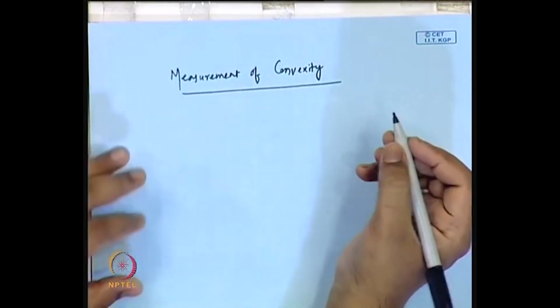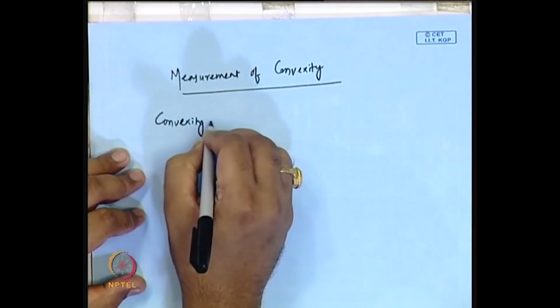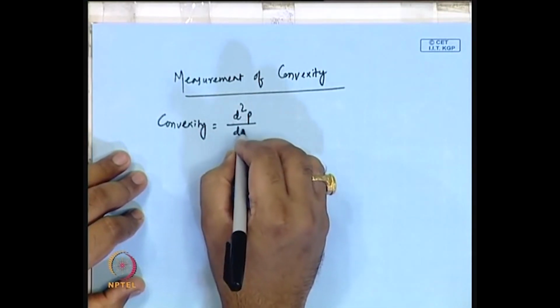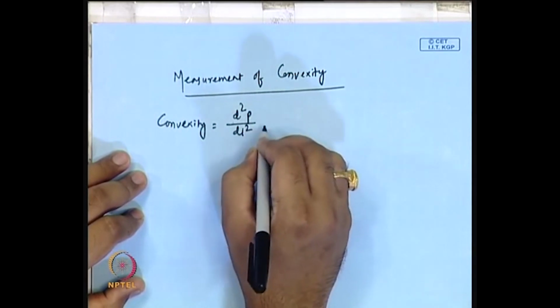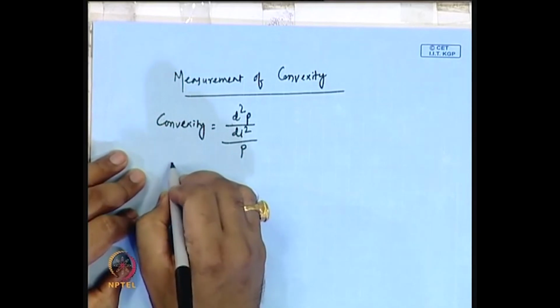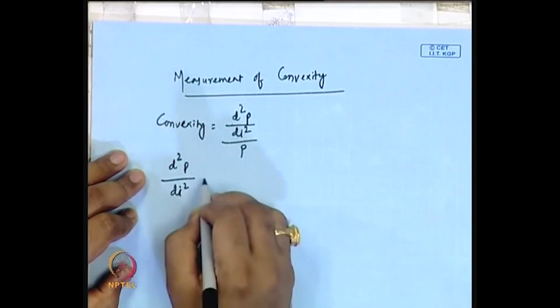We already know that the convexity is d square P by di square by P. So, if you want to get this derivative d square P by di square,